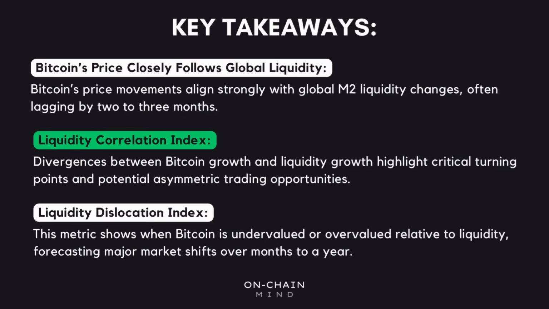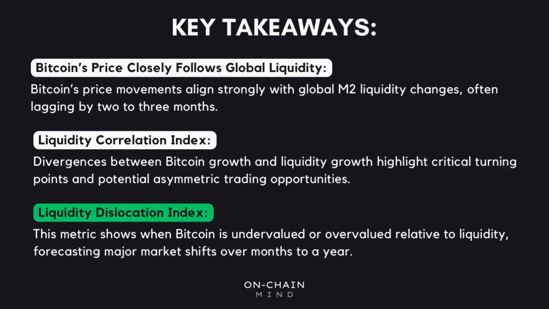warnings before a downturn. Finally, the liquidity dislocation index gives us a broader perspective by showing when Bitcoin's price is significantly overperforming or underperforming relative to liquidity over a longer time frame. It's a fantastic way to identify when Bitcoin might be undervalued or overvalued compared to the overall liquidity environment. Historically, when Bitcoin's relative performance lags while liquidity is surging, it tends to catch up eventually. So it's a key metric to watch for understanding where the market could be headed over the next 6 months